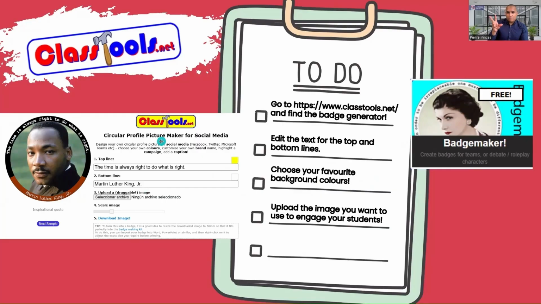Good. Remember, I used people speaking. It could be related to sports, to personality, to places in the city, for example. And then you download it and put it on PowerPoint or Word. It is ready to be used and it's up to you. As you can see, you can create these badges following these steps. And honestly, this is quick and students like it. Would you like to try it?